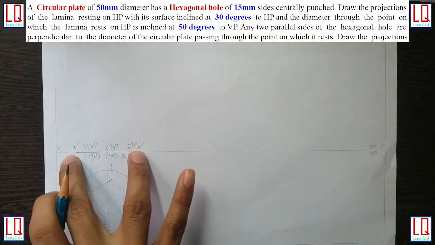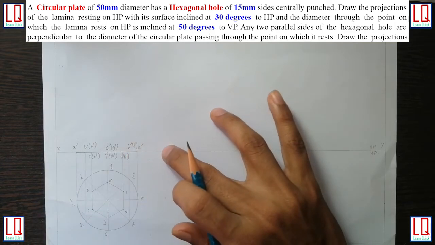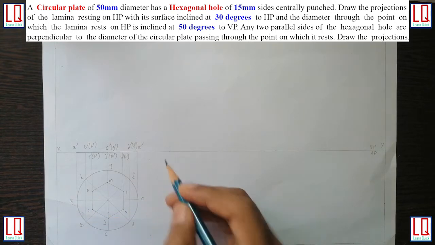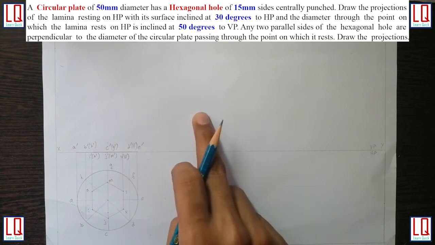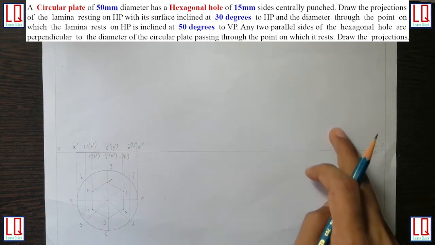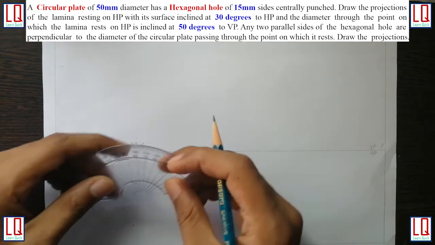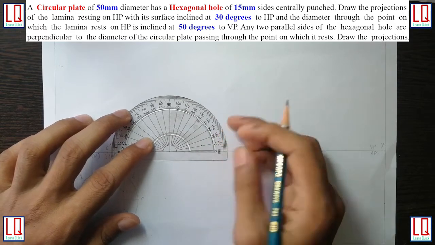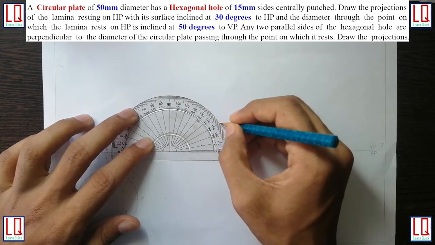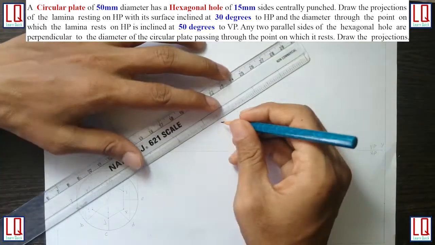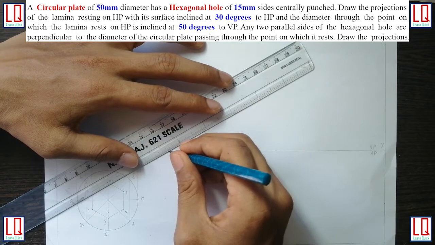Here we will be inclining this front view of the circular plate at an angle of 30 degree, making sure the point A on the circumference is resting on HP. So step 1, step 2, step 3 and step 4 will be here, step 5 here and step 6 here. It will go in a zigzag manner. Now I mark a point and measure 30 degree and then draw a very light line to start with.